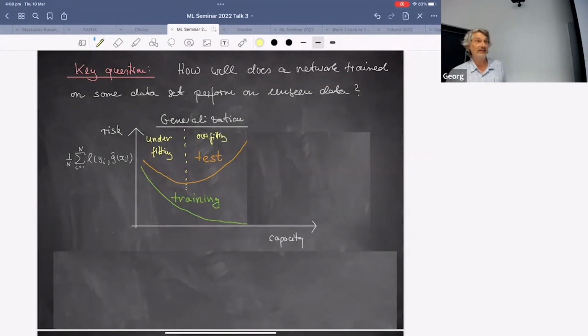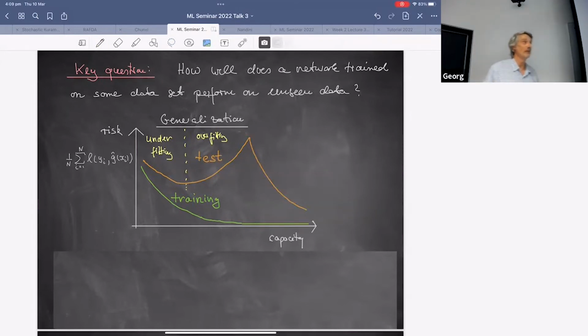Okay, so that's classical. That's kind of what you see in statistics books and so forth. Now the cool thing comes. What happens in deep networks is that you have this double descent curve. Once you reach almost zero error, when you really fit the training data perfectly, you then drive down your test error, okay?